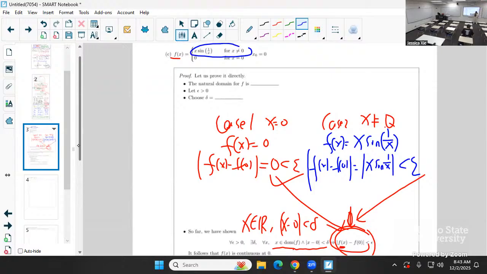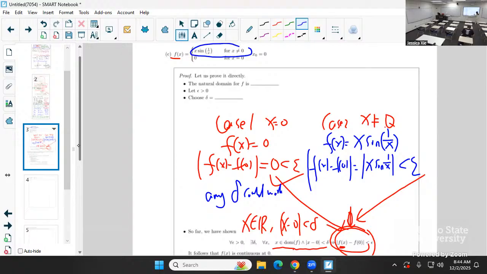Here, basically, in the first case, any delta could work. Because no matter what the delta is, 0 is always less than epsilon. This is the identity, forever true, right? Forever true. You do not need to restrict delta to be anything. Delta can be anything. Delta is free. No restriction, right? In any circumstance, 0 is always less than epsilon. Done, right? So no restriction.